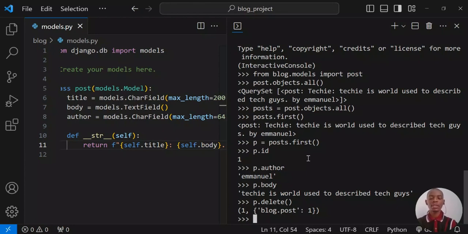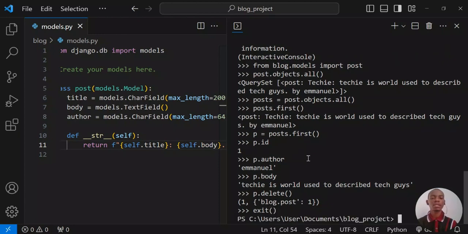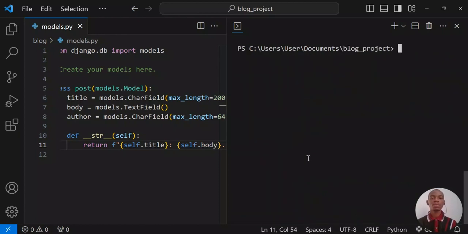So to do that, I have to exit from this place. Let me show you the second way we can populate data in our database. And then I'm going to clear the screen now. So I'm going to set up an admin profile that I will use to log into my admin. And to do that, I'm going to say something like python manage.py createsuperuser,